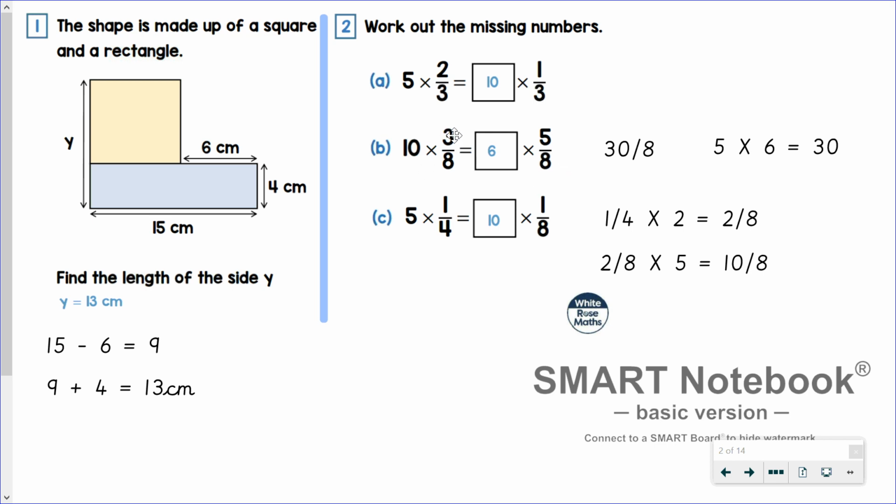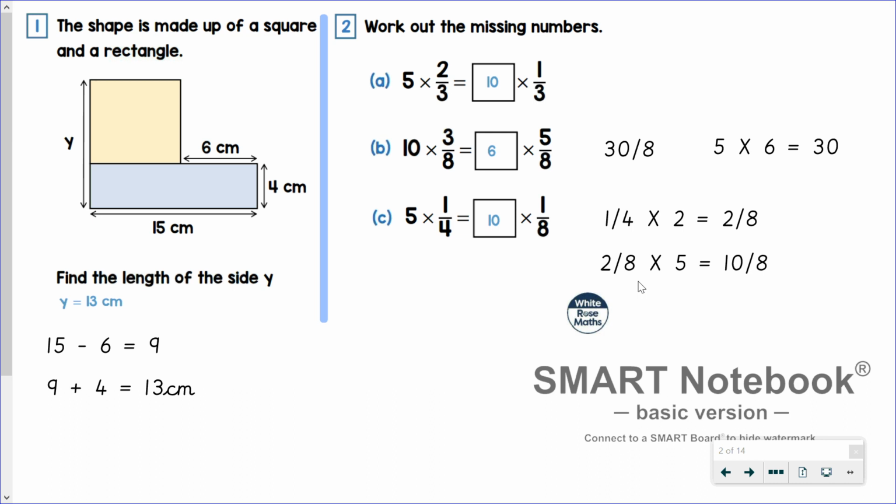This one, 10 times 3/8 equals something times 5/8. So what I would do is I would do 10 times your 3 to get 30/8, and then we need to work out how to get exactly the same on this side. So how do I get 30 on the top? It's 5 times 6, so it's 6 times 5/8. This one,